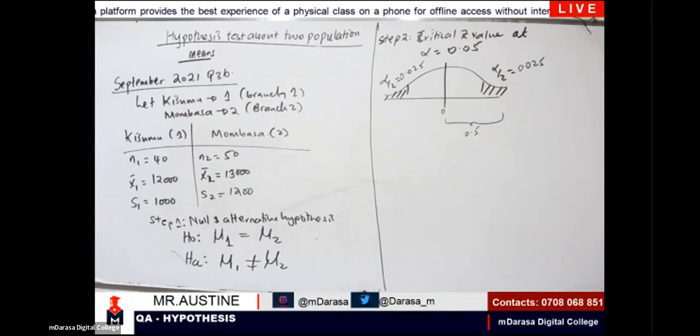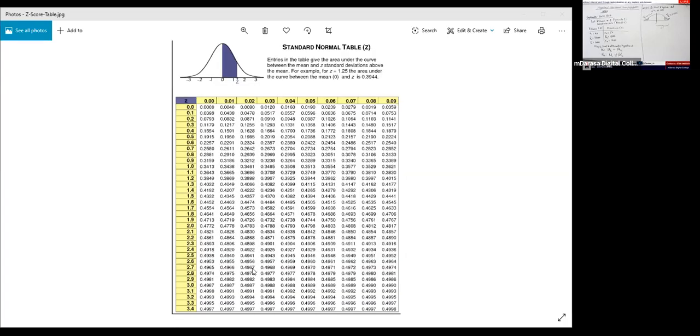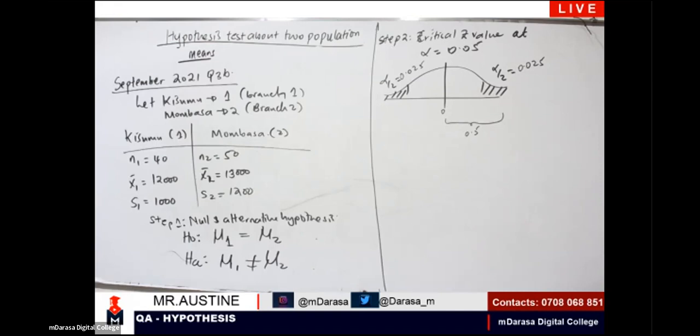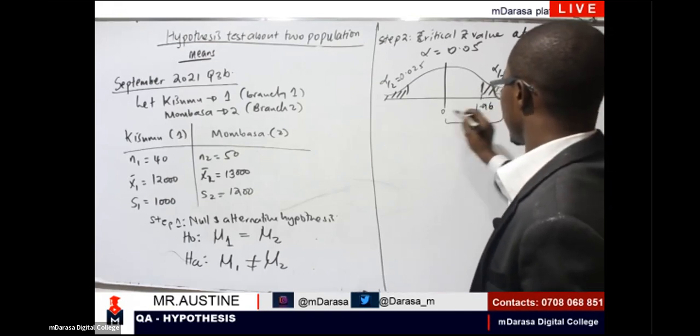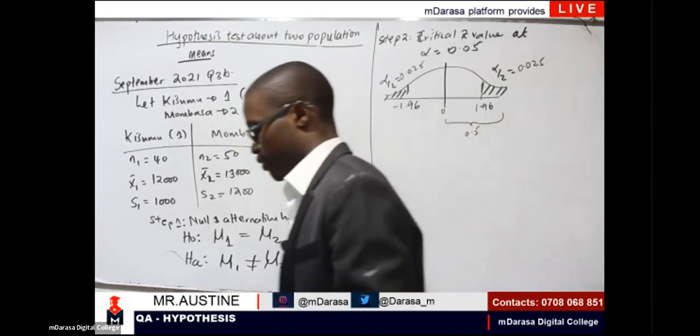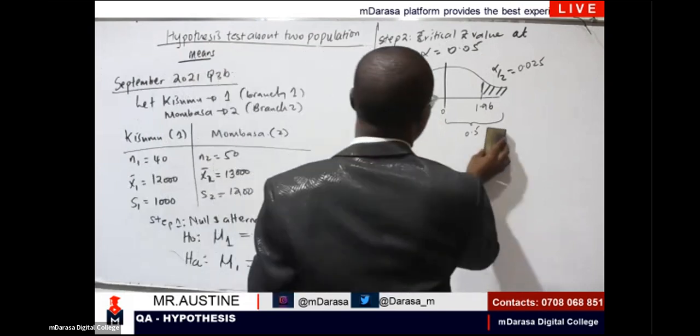So we are working backwards. When you are working backwards, let me project for you the Z table. So we come at 0.475. When we are at 0.4750, we find that what's in line with it is 1.9, and here 0.06. So we find that this critical value is 1.96, and minus 1.96. So after determining the critical value,